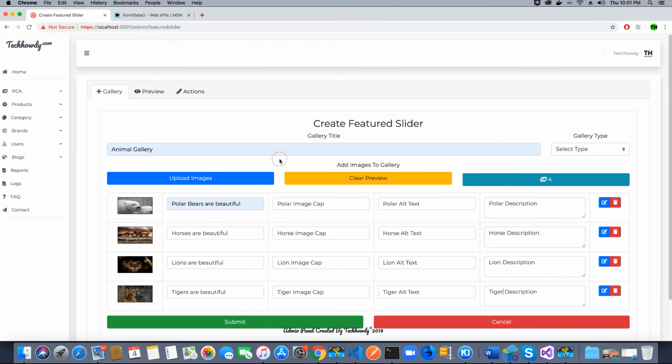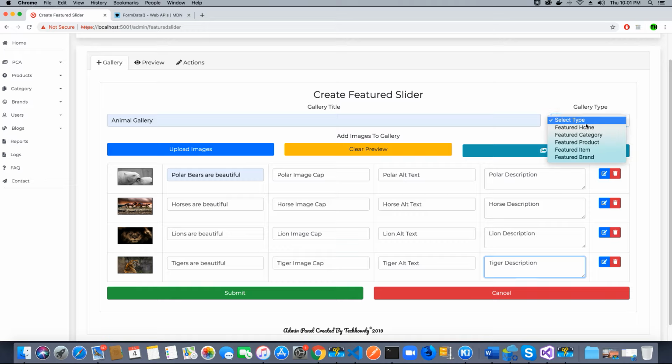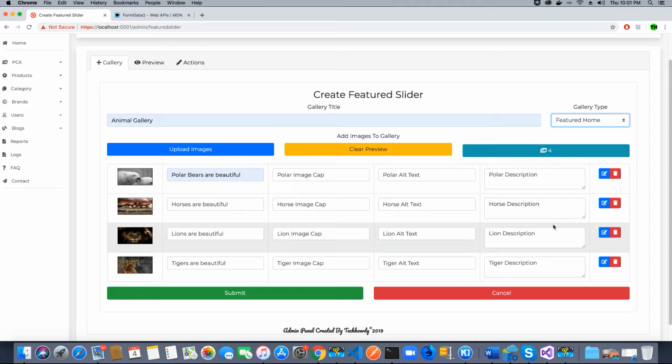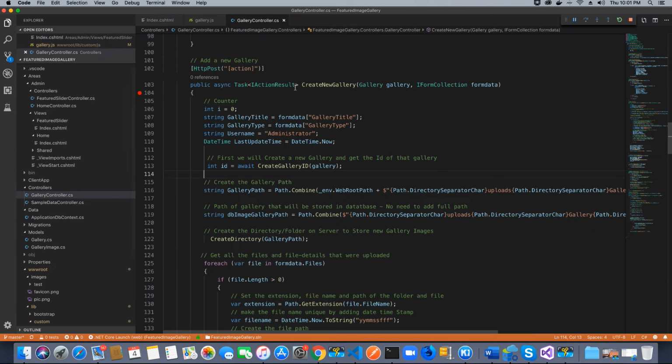So guys, what I have done here is I've entered some sample data in the image uploader. I have uploaded a few images, created a title called animal gallery. I'm going to select the home page as the gallery type because it's my featured homepage gallery slider. And now I'm going to click submit, but just before that, make sure that you set up a breakpoint here on your API method, which is create new gallery, so that we can go in step by step and understand